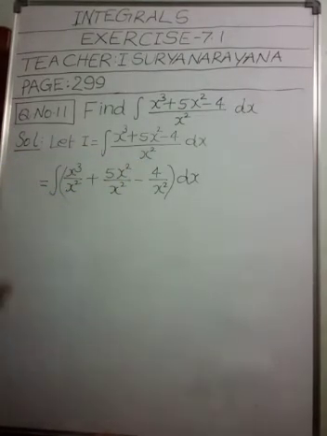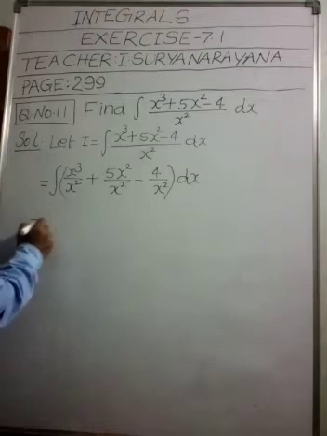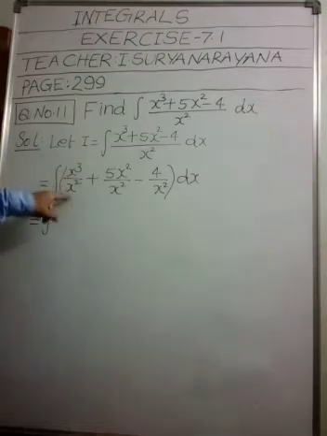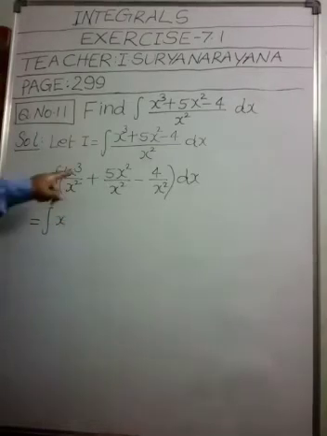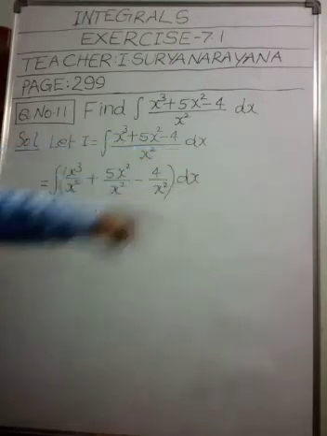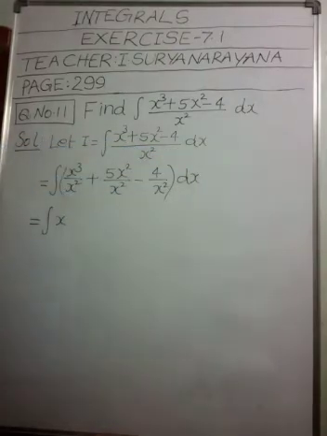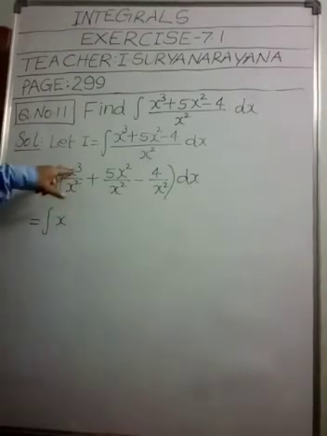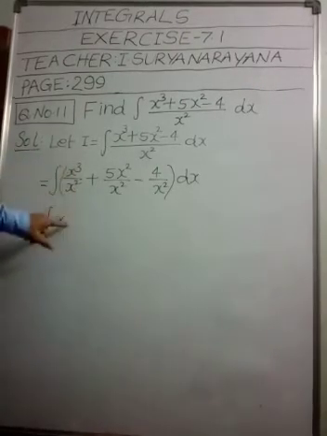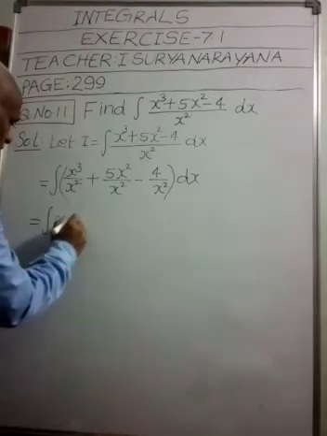This is equal to integral x cube by x square. What will you get? Yes, x only. Simplify this part in the rough. We can use the formula x power m by x power n. Then we got 3 minus 2, 1 only. So integral x